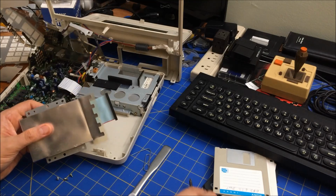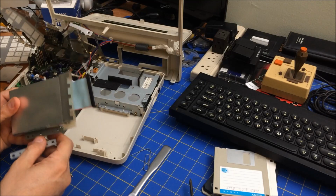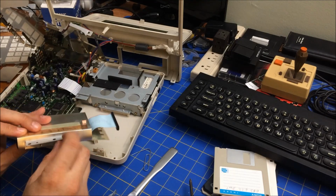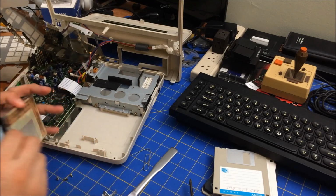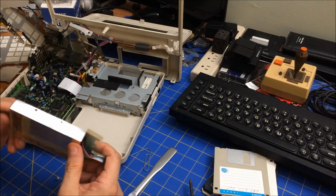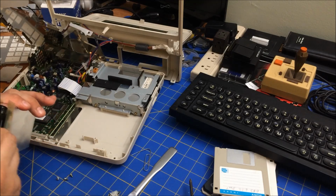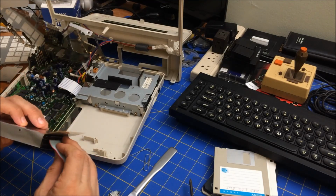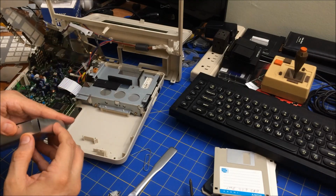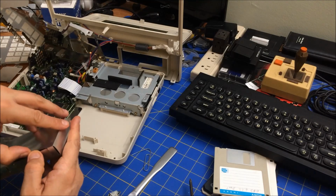Yeah. All right, here we go. Come on. Well, yeah. Okay, I have it on video. Still doesn't want to come out. What is holding it together now? It should just... Oh wow, this is just a pain in the butt. Don't really know what's holding it together now because it should just kind of...